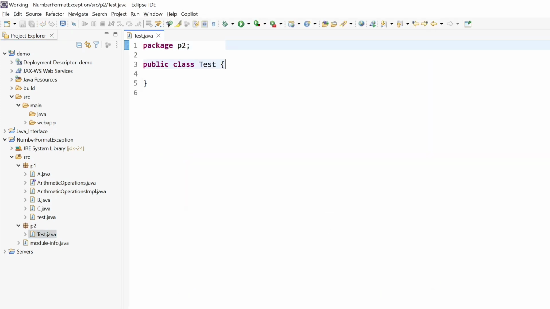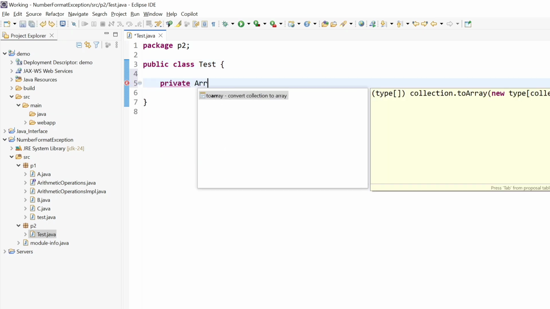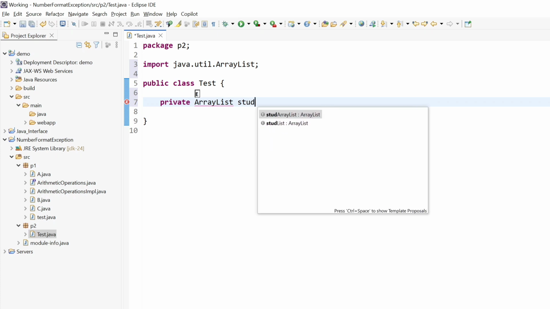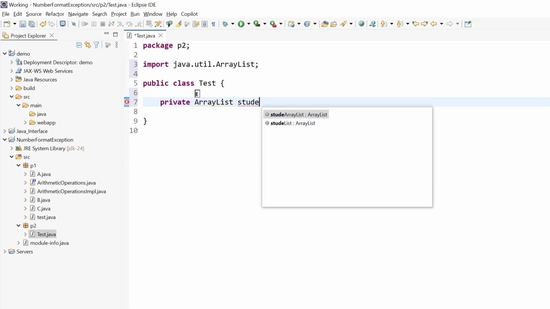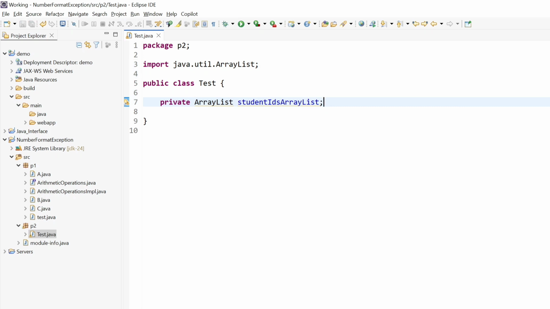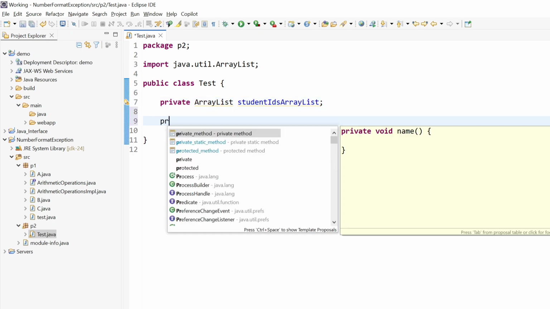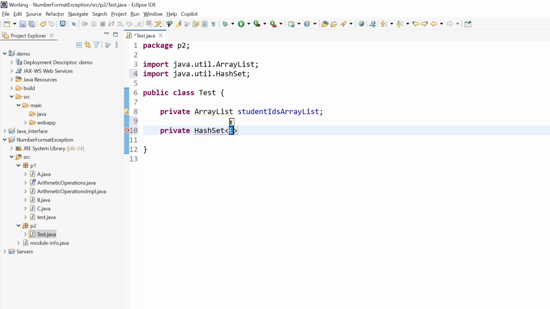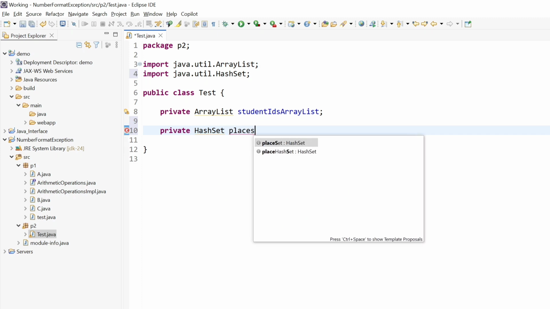In this Test class I created an ArrayList, student IDs, and I created a private HashSet, places. Let's suppose I deleted the import,